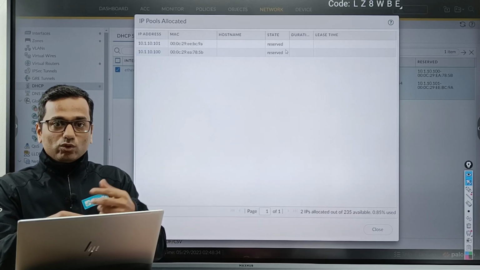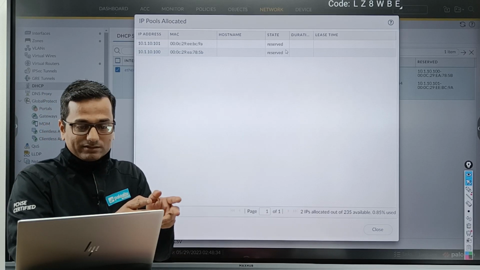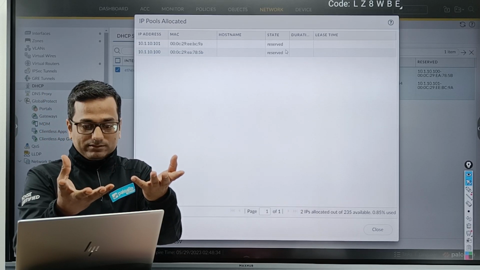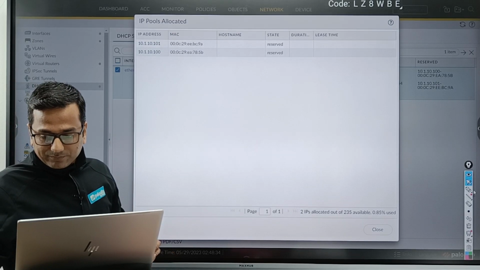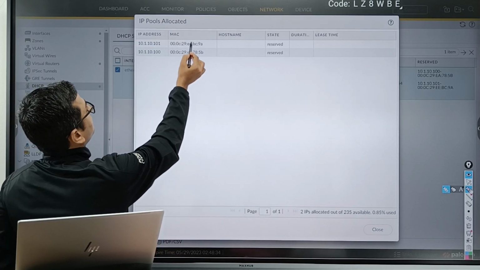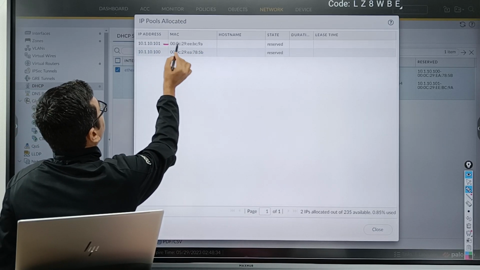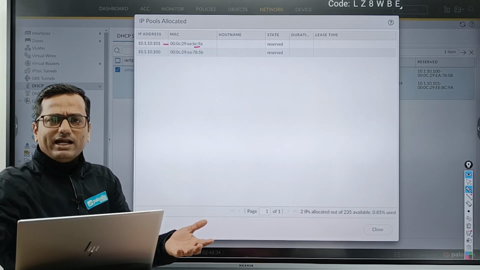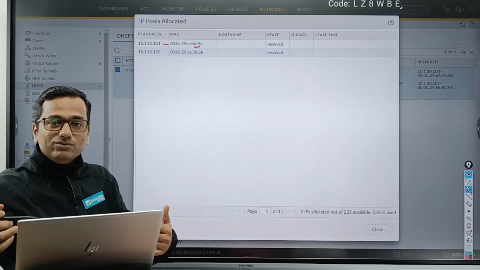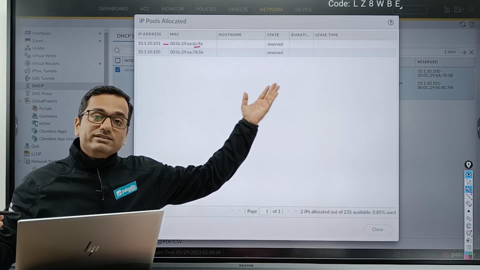It overrides because the administrator manually bound the MAC address and IP address. A few minutes back we had seen a different MAC address attached to a different IP address, I think around 10.20 and 10.21. But now the Palo Alto Firewall replaced them because it is manually reserved.